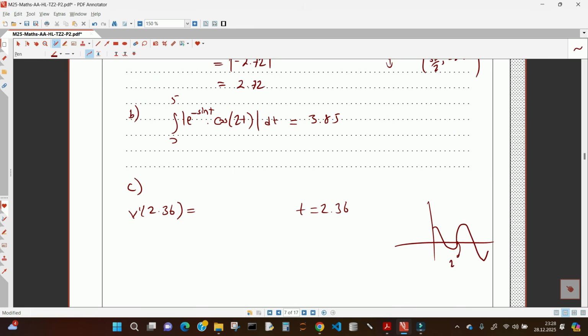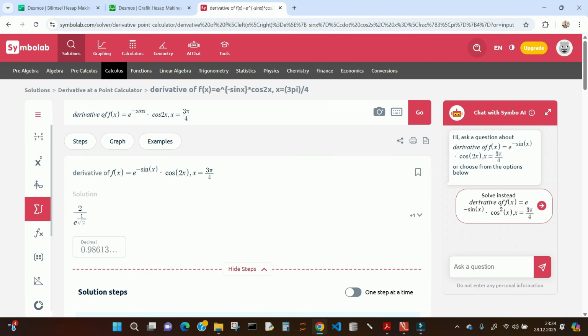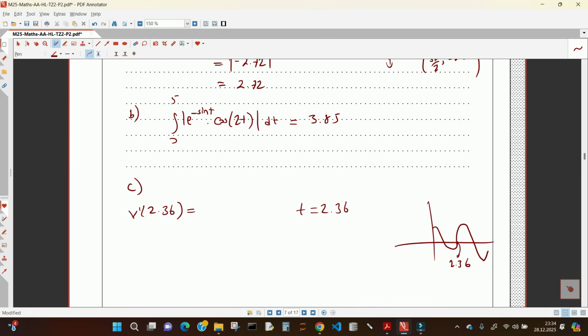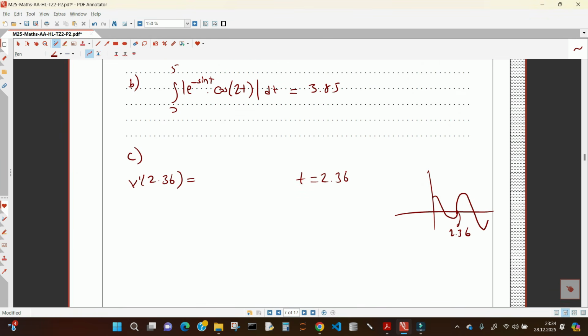So here is the point 2.36, and let's calculate this derivative. We write the function and the derivative of this at the point 3 pi over 4, because we found that this is the point 3 pi over 4. You plug in 3 pi over 4 into this derivative function,